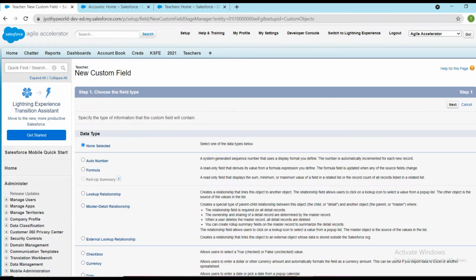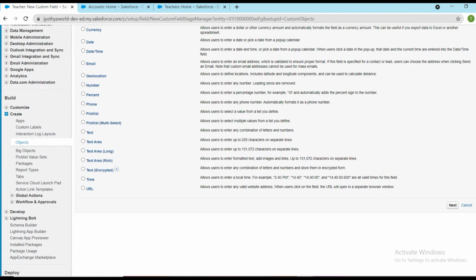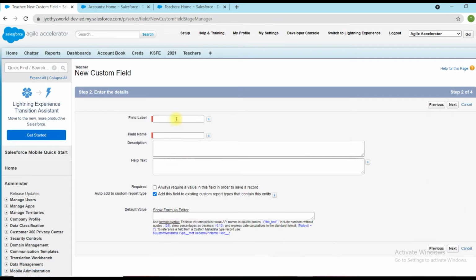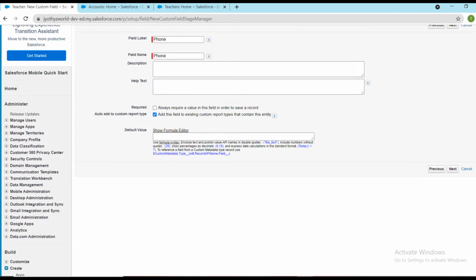Next is phone number. I have to provide for one teacher, so I'm checking phone as a type of the field. Providing next, field value should be phone. We can provide any value based on our requirement or feasibility.